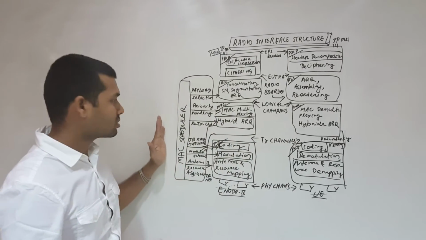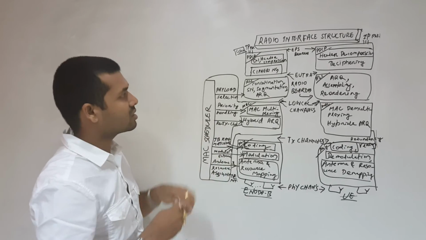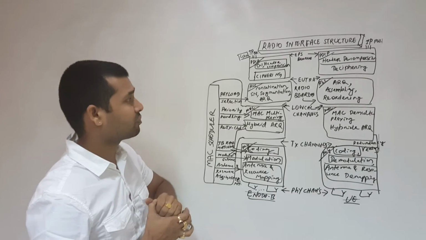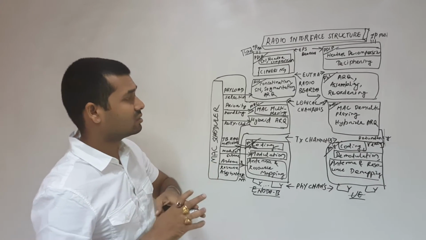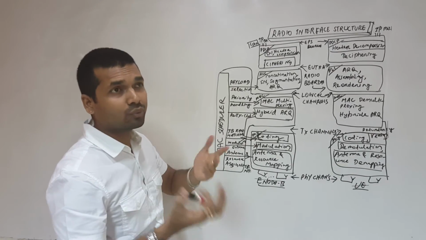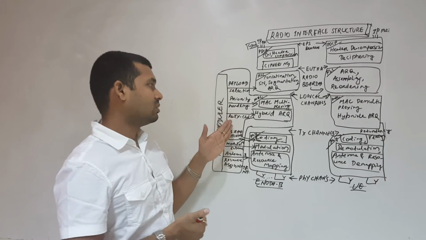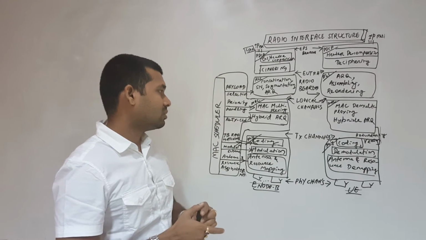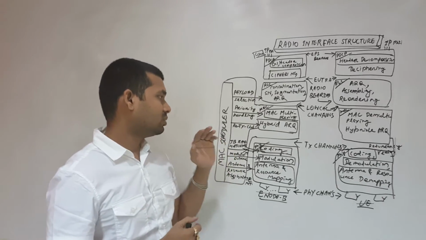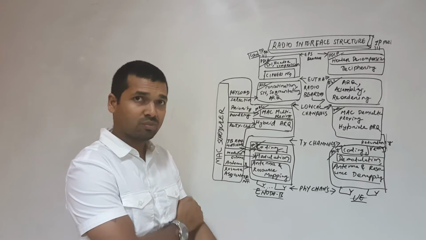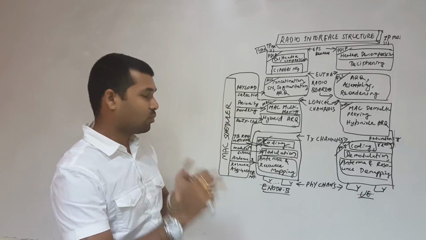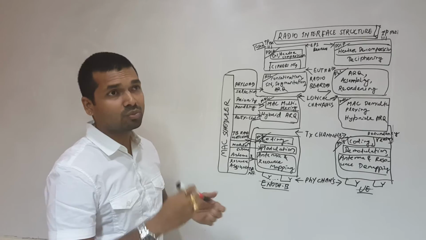Let's come to the MAC scheduler, which is very important. What functions does it actually do? It does the payload selection. It handles the user priority, like which resource block is to be mapped to which user. Then we do the retransmission control in the MAC layer. We do transport block rate matching before the coding part in the physical layer. We decide what modulation scheme is to be used in the transmission.